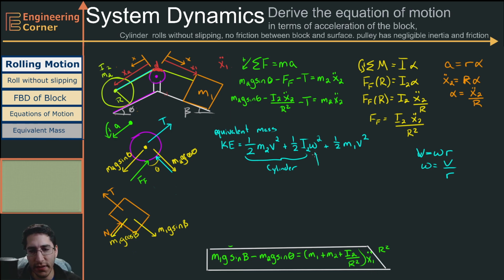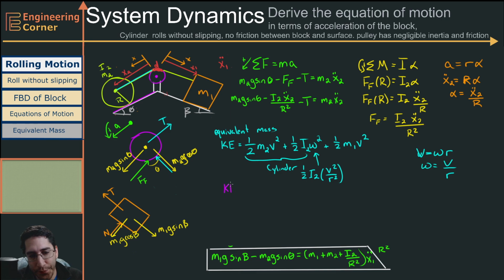When I plug it into this term right here, what do I get? I get 1/2 I2 v squared over r squared. And I've gone from a capital to a lowercase r, but I'll live with that. Now, what happens? I can take a 1/2 out of each of these terms. I can take a v squared out of each of these terms, and I'm left with